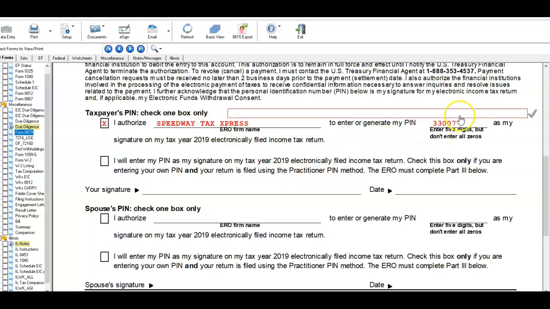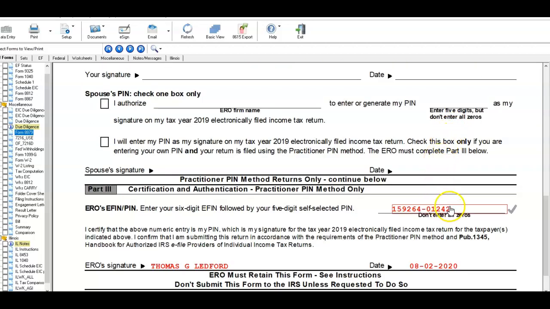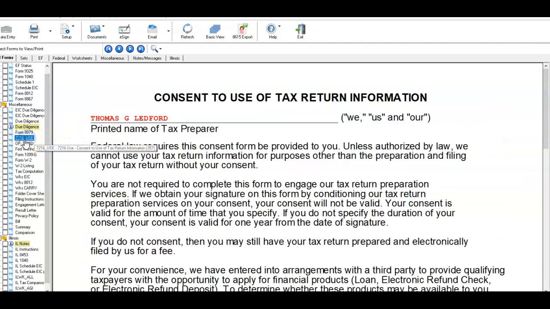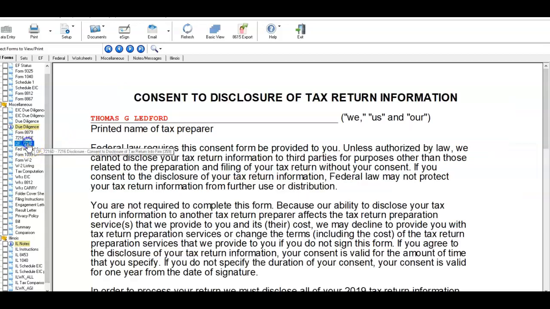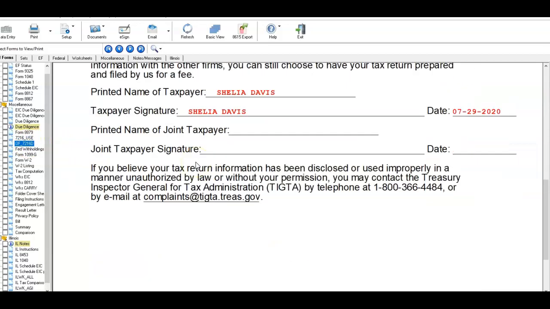This is 8879, and this is how we send information electronically to the IRS, and we use PIN numbers. This is the PIN number that's associated with the client, and this is my PIN number that's associated with me. And so that's how that works. These are the consent forms that we talked about inside the software. This is the only one we had to quickly fill out, but the other 2,